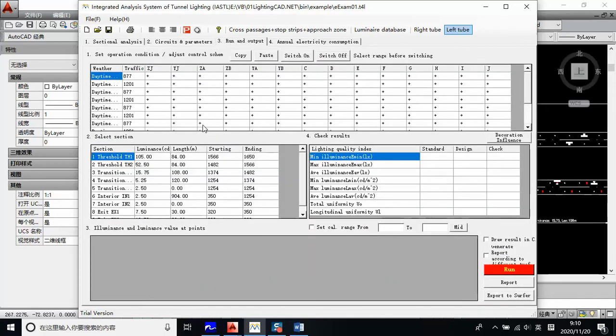And in the third tab, you can run calculation and then check whether the lighting design indicators under a given operation condition meet the minimum driving lighting criteria stated in code or specification. First,